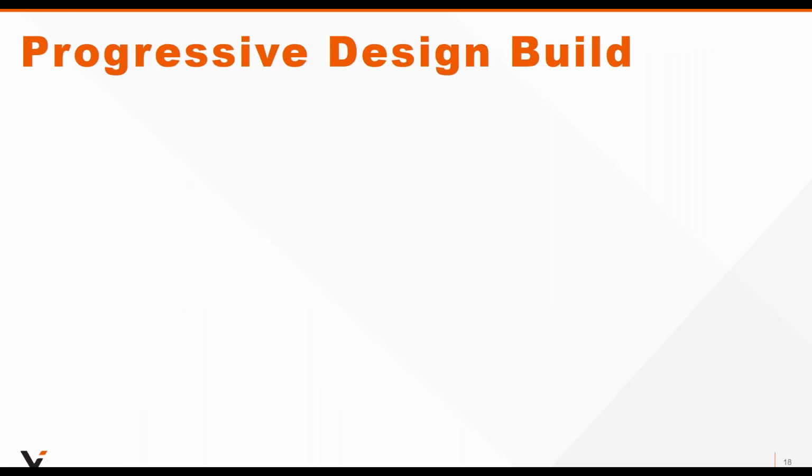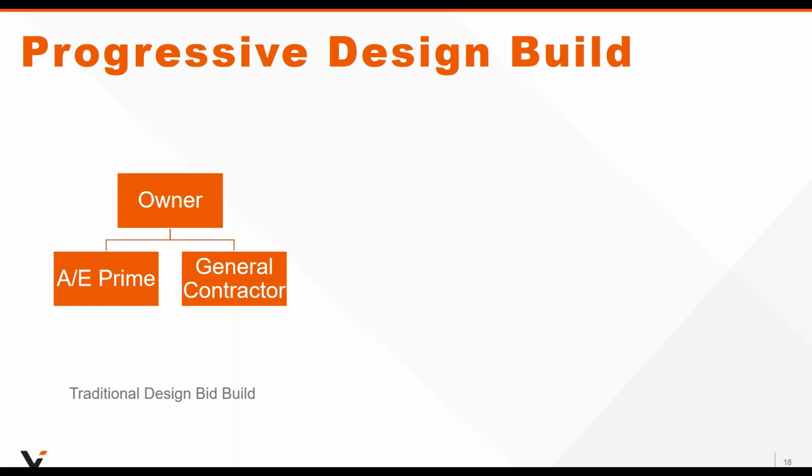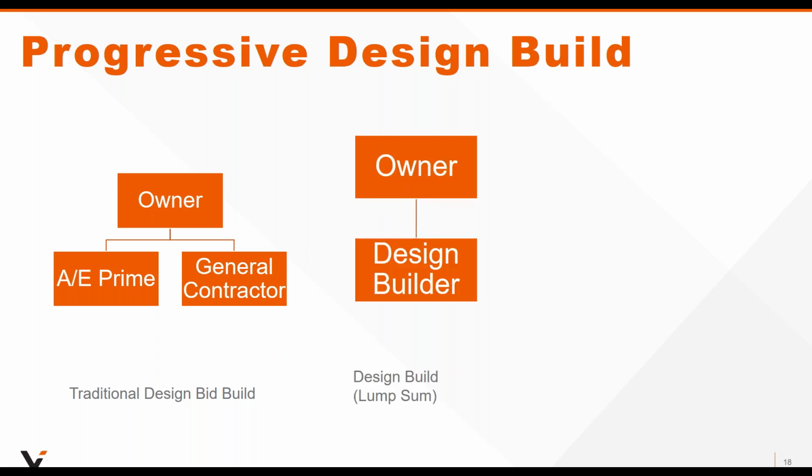So those are the structures that we have talked about to date, but in the last 5 to 8 years, there's been a new variation of a contractor-led design build that, again, we're getting questions about. And this is called progressive design build. Just to recap briefly, the traditional method is a design bid build where you have two separate contracts. And then we have the owner design build relationship.